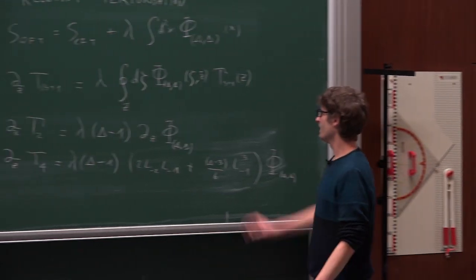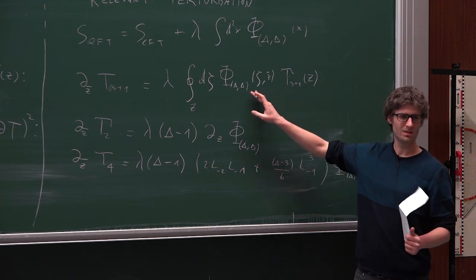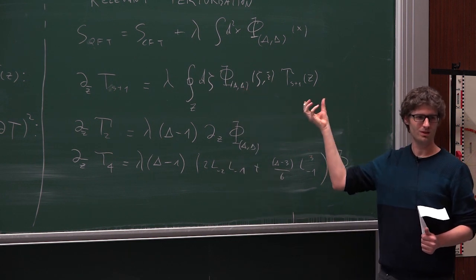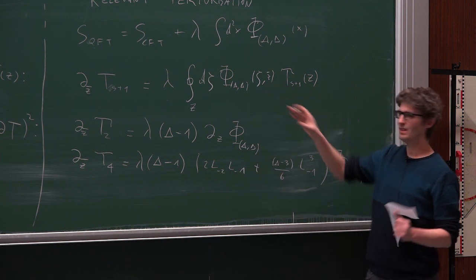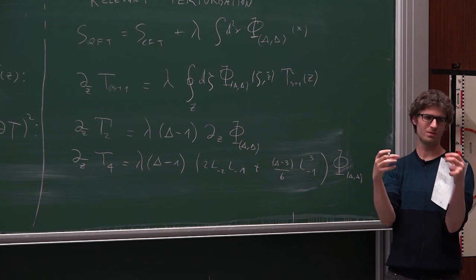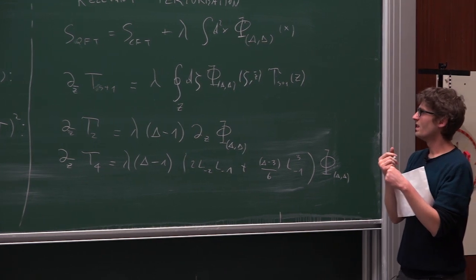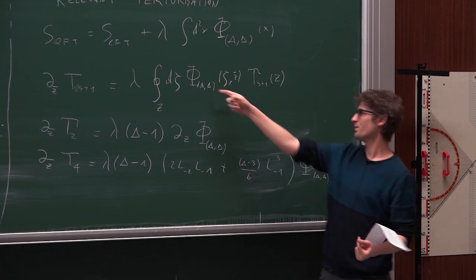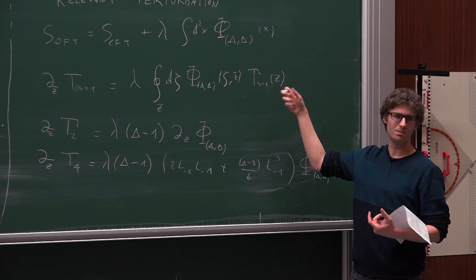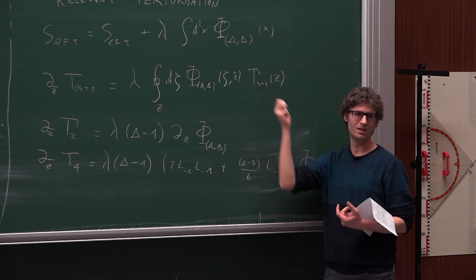So this field phi has zero spin. It has the same left and right dimension, because I don't want to break rotation invariance in the theory. So it's essentially, like in CFT, a product of two fields: one depends on z and one depends on z bar. You have to think of this as a product of two things. I can put the anti-holomorphic one at the same point already, because it will not have any singularity with T in CFT.